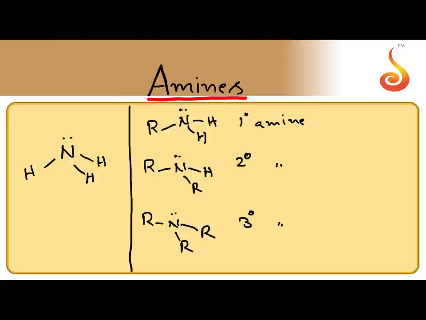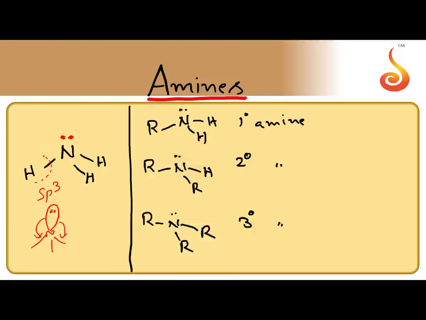Next, the last topic here, amines. Amines are alkyl derivatives of ammonia. Let us take ammonia. N undergoes sp3 hybridization. The lone pair is present in an sp3 orbital. It has a trigonal pyramidal structure. The bond angle is less than 109 degrees because of the strong repulsions from the lone pair. Because of the lone pair, it is an electron pair donor, a base according to Lewis theory.